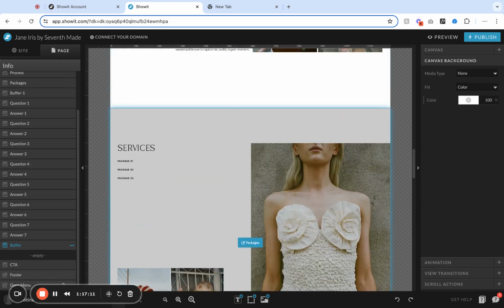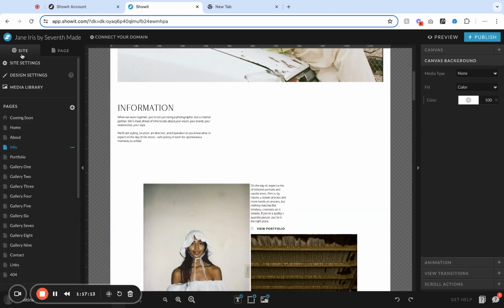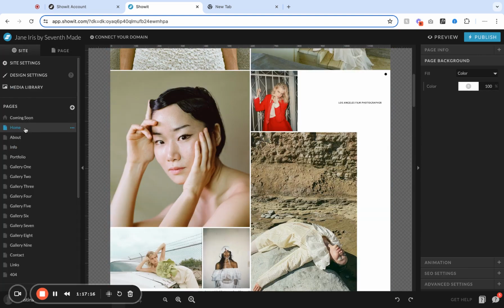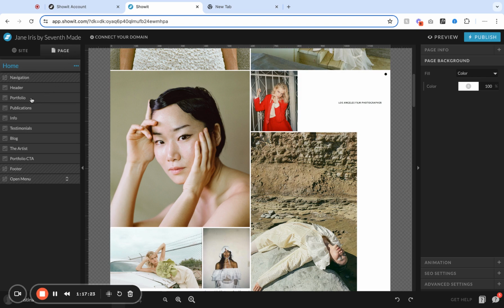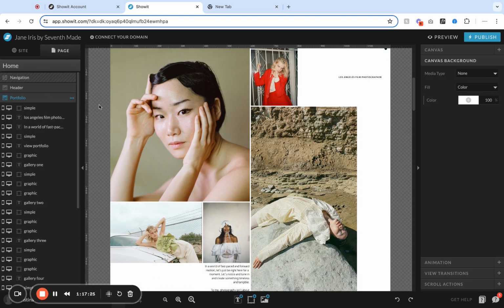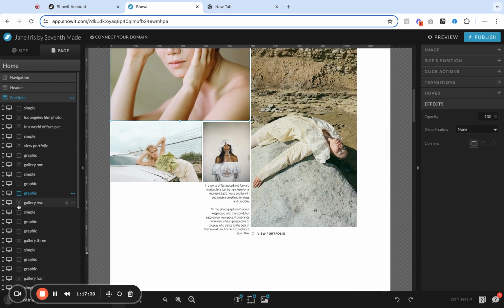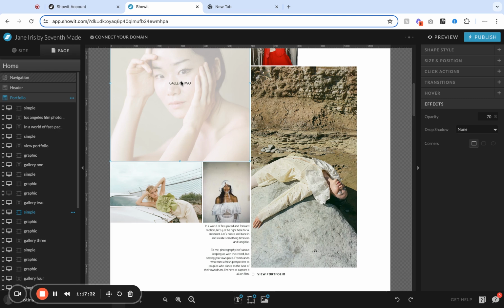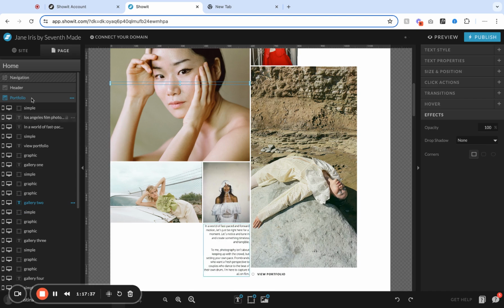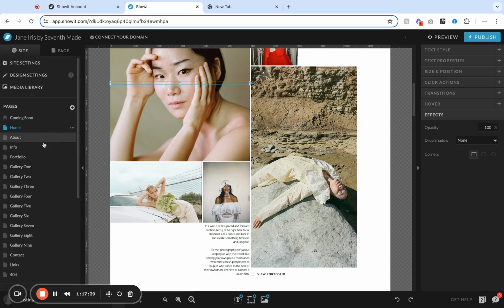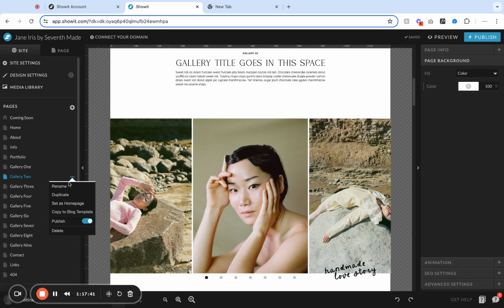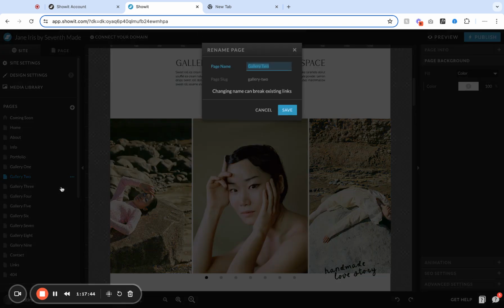All right, next we have all of our fun gallery pages. So on the home page and even on the about page, we really want to showcase your portfolio. So when we go to the home page, we talked about the portfolio canvas here in the beginning of updating these images, and if you do want to update the gallery titles themselves. So if you do update this gallery title here, right now we have it linked to gallery 2. So if you do update the name here